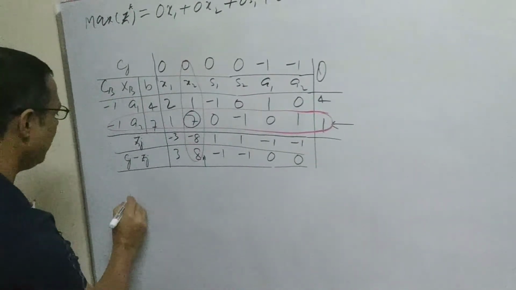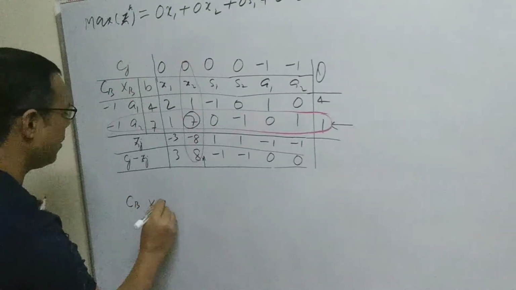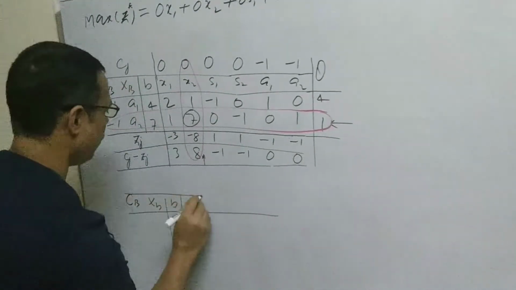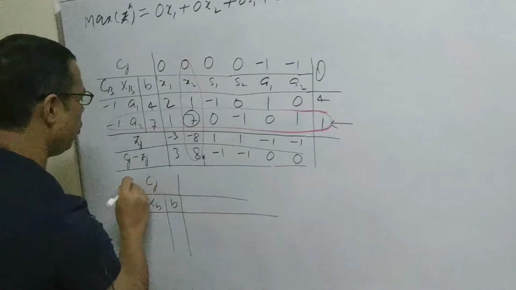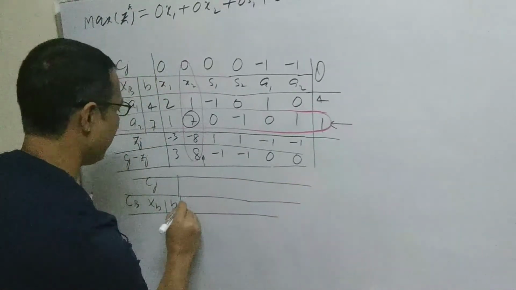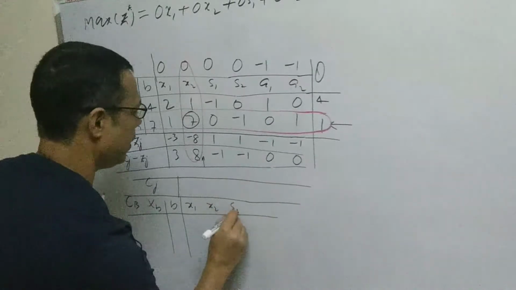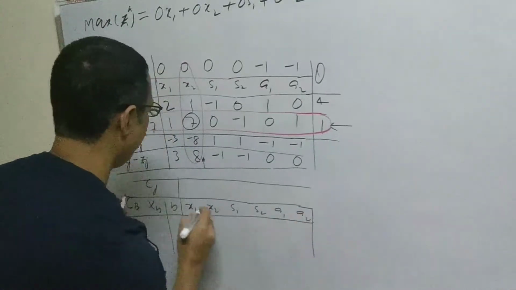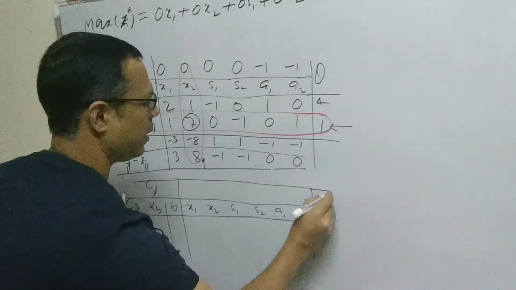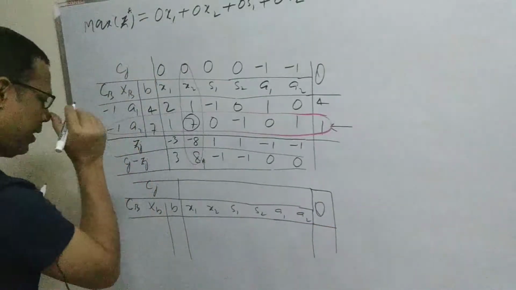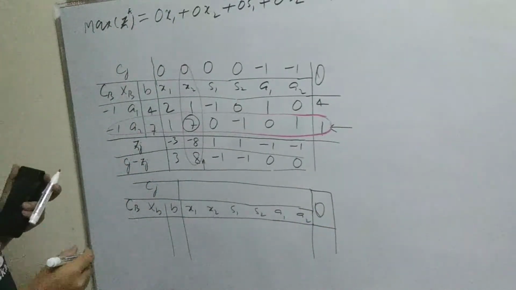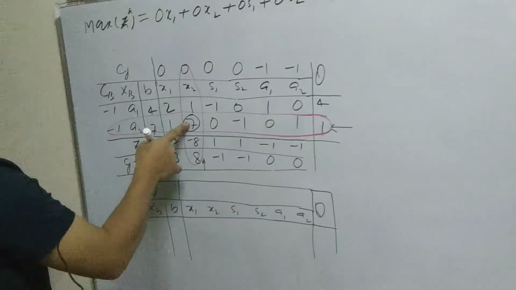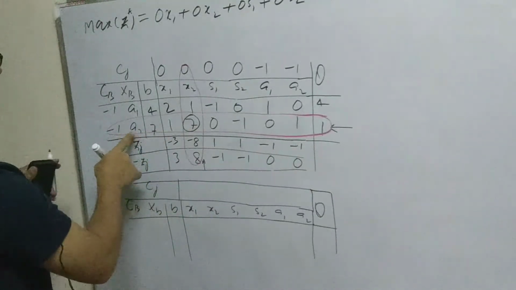Here I have given CB, the coefficient of basic variable, XB, the basic variable, B, the right hand side of the constraints, and Cj, the coefficient of the objective function, and now proceed in this way. Here x1, x2, s1, s2, a1, a2, these are the variables, and now we will see what the theta is, and whether we need to proceed further or not. So what is the right hand side B? First we need to make the changes in the second row.